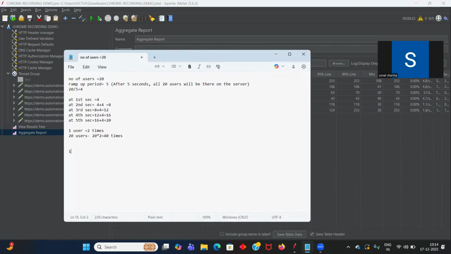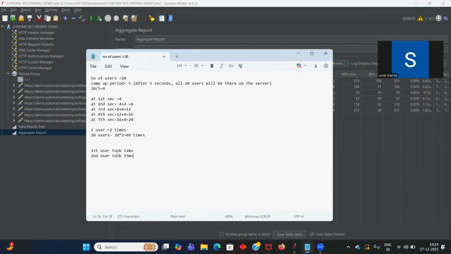Suppose my first user took 12 milliseconds. My second user took 15 milliseconds. Let's take it for this one, the first API, web table. So for the first user, it took around 12 milliseconds for the page to appear. Second user, it took around 15 milliseconds. And for the third user, it took around